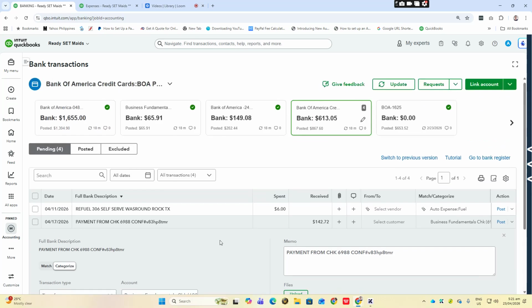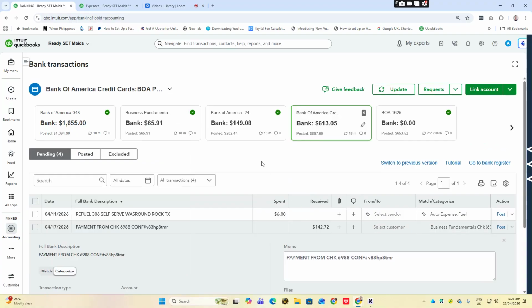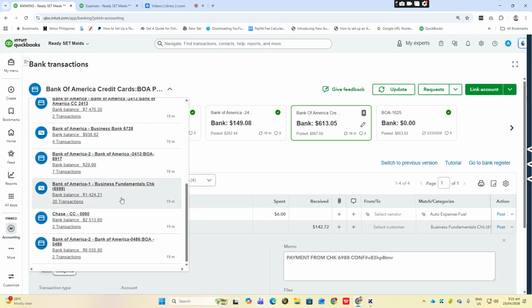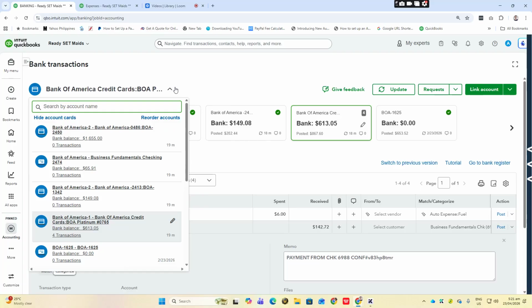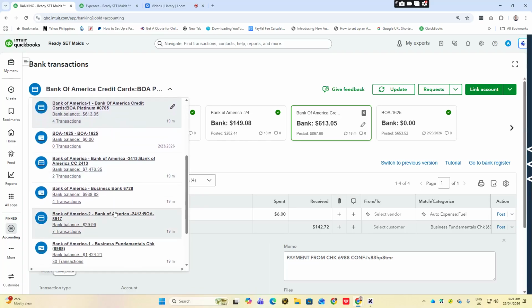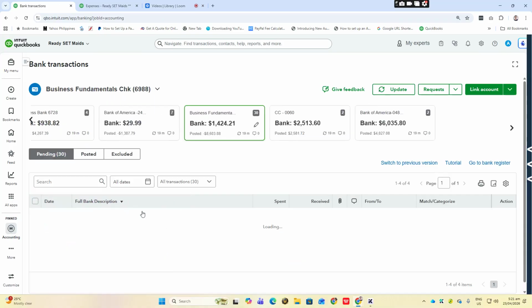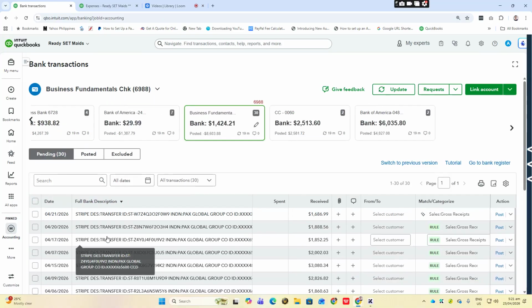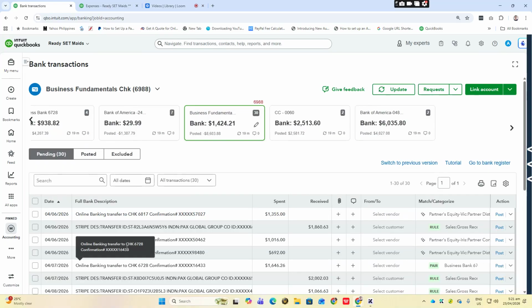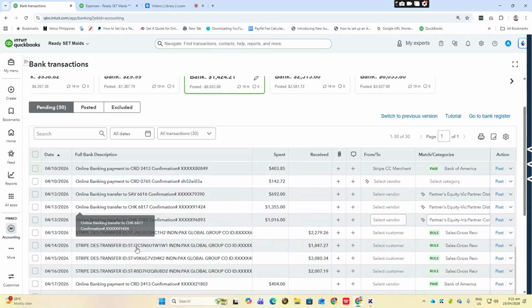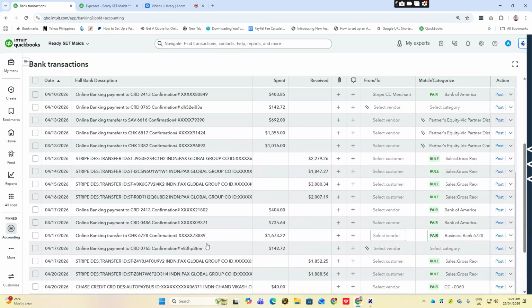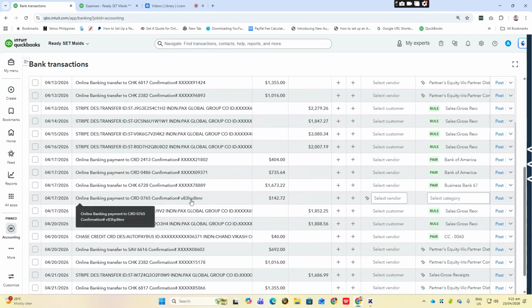So this is 6988. Let me see with the 6988. What's the date of this? April 17. If we sort this one by date, let's check with April 17. It says here online banking payment to 0765, 142.72.